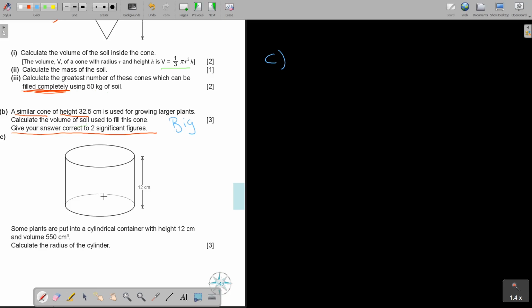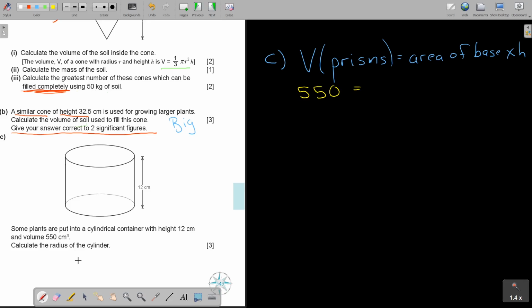Now, this is a prism. Now, how do I calculate the volume of a prism? All prisms. It's area of base times height. And now just fill in. What is the volume? They gave me the volume. 550. Okay, I just want to see what is the radius. I'm looking for the radius. Okay, so can I just fill in this formula here? Volume, so it's pi r squared times height. So I'm just going to fill in